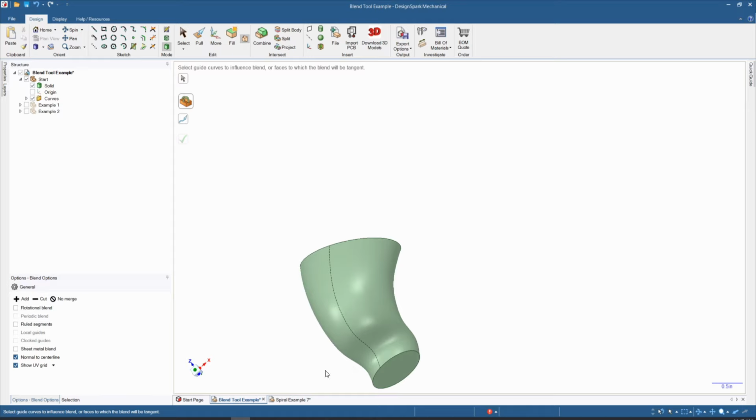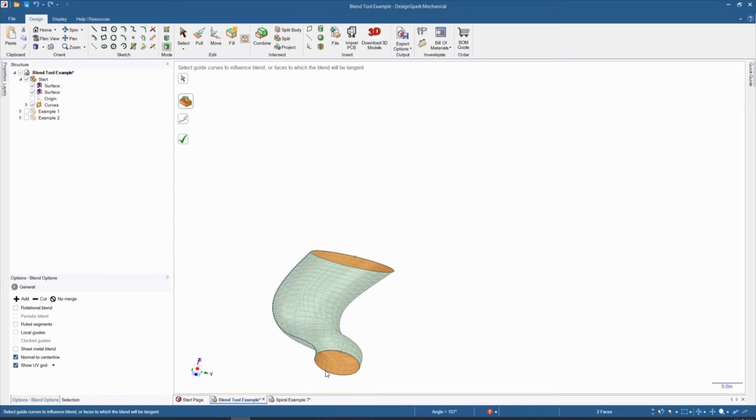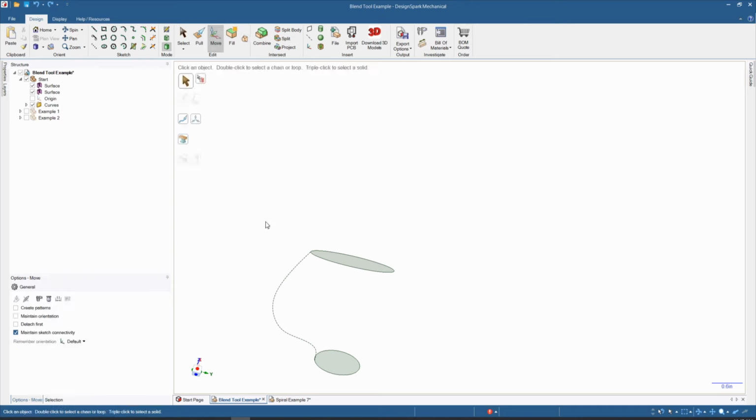Alright, so let's Control Z to get back out of this. Let's escape to get out of the blend. And now let's grab a hold of this spline and let's move it away from the edge and move it into the center of the surfaces. Now that the spline goes from face to face, not edge to edge, I can go back into my blend